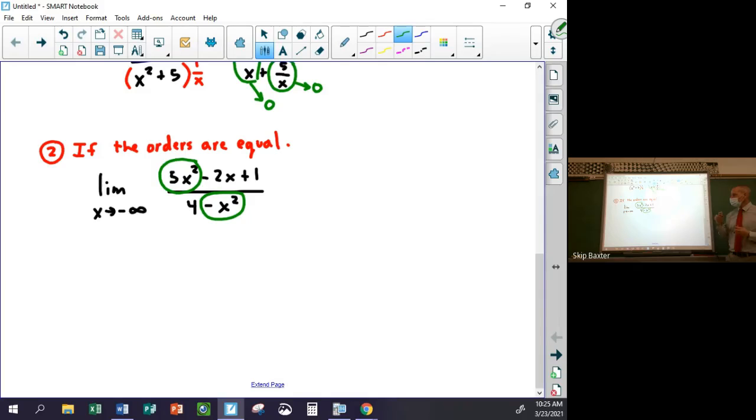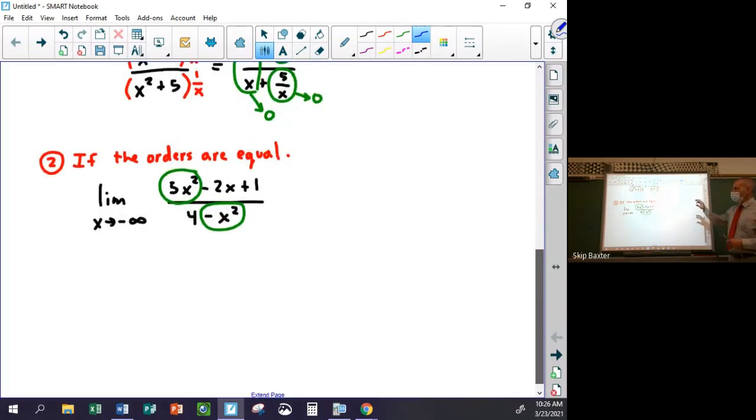Okay? So if the rate of growth is the same, then for really large values, the top's getting close to 5x squared. The bottom's getting close to negative x squared. They can reduce, and overall, the fraction's getting closer to negative 5. All you're going to do is take the leading coefficients of the top and bottom and make a fraction out of it. That's it. So then, the limit